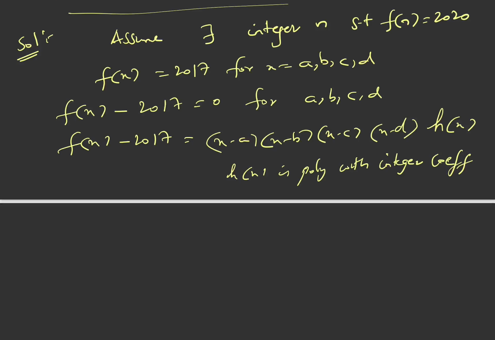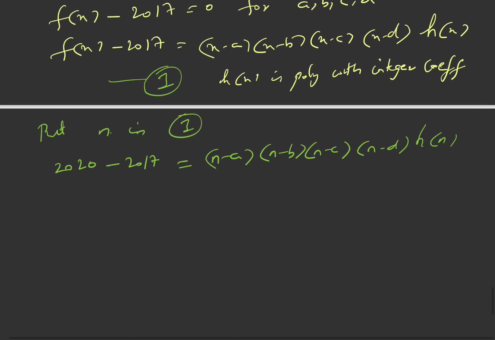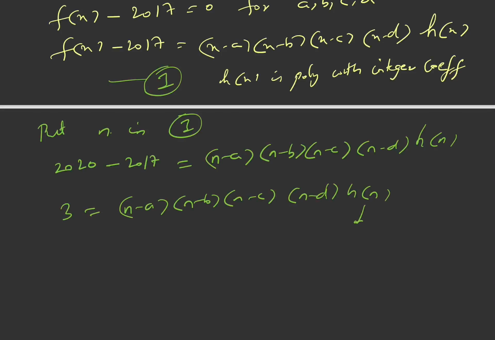So now let us put n in this equation. Say this is equation 1. So f of n, that is 2020 minus 2017, is n minus a, n minus b, n minus c, and n minus d into some h of n, right? So this 3 is equal to n minus a, n minus b, n minus c, and n minus d into h of n. So this is an integer, and n minus a, n minus b, n minus c, and n minus d are all different integers,